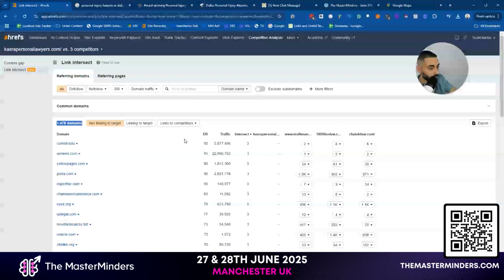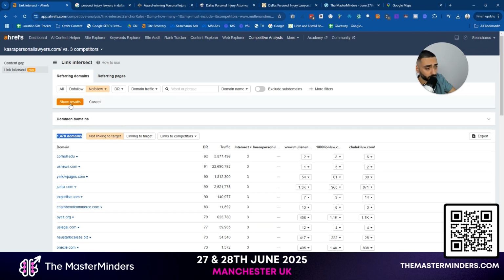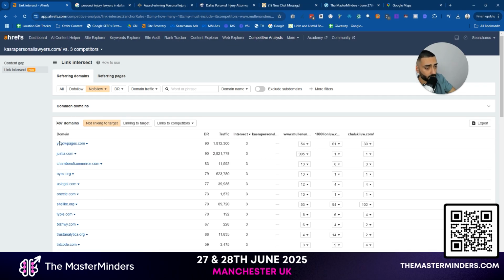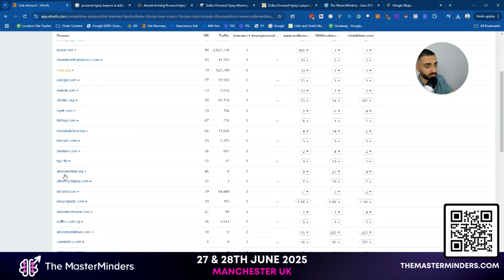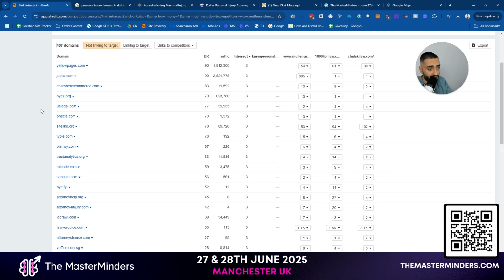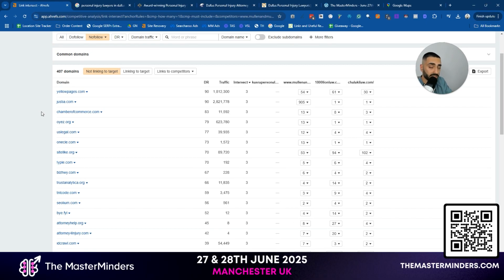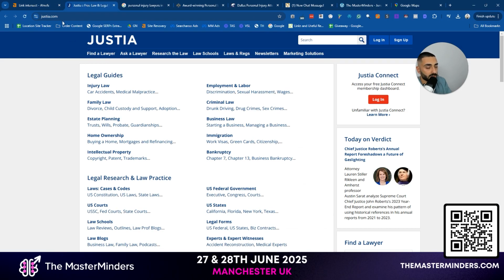So now that you guys know that, we want to set up a few different filters, because this isn't just enough, right? We want to make certain that, first of all, if we're going after foundational links, we want to go after no follow links first of all. So they've got 407 domains that are all no follow backlinks, and typically speaking, I'm not saying all the time, but typically speaking, the no follow links are more so these directories, the foundational links. These are the type of links that you want to go and acquire first, because as soon as you start to acquire some of these foundational links, like justia.com, for example,